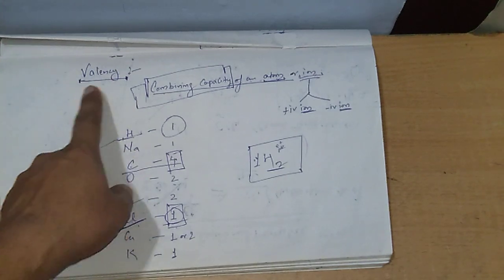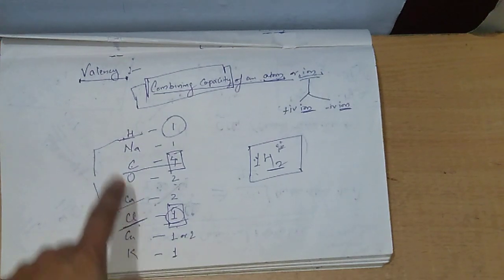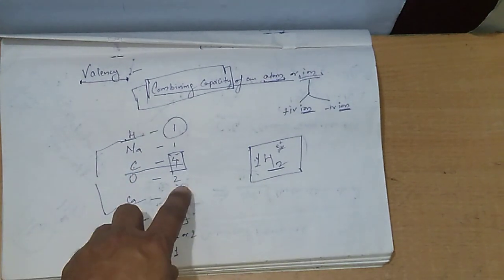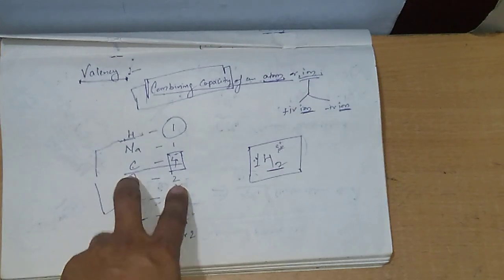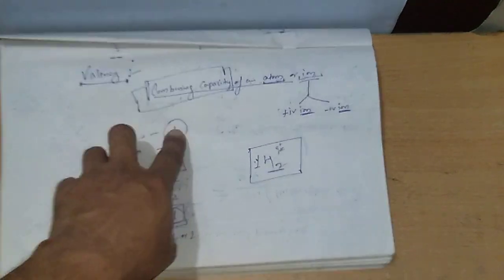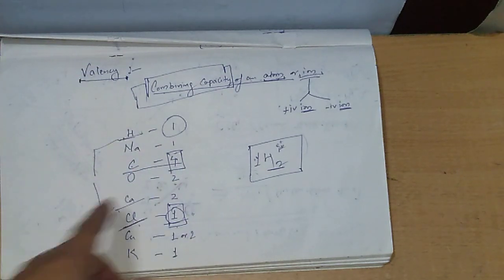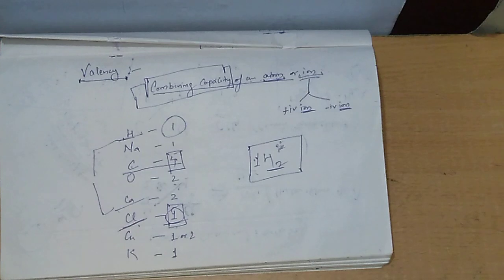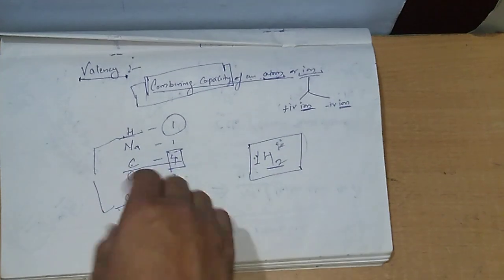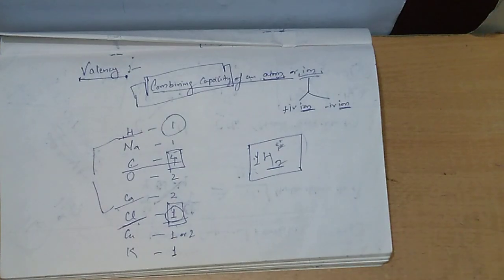This is based on the valency of the elements. Here we are talking about H2O. Oxygen has a valency of two, so it has two vacant places. And hydrogen has only one vacant place, or one electron in excess. Oxygen requires two electrons to complete its stable state all the time. Its valency is 2. Whereas hydrogen has only one valency.